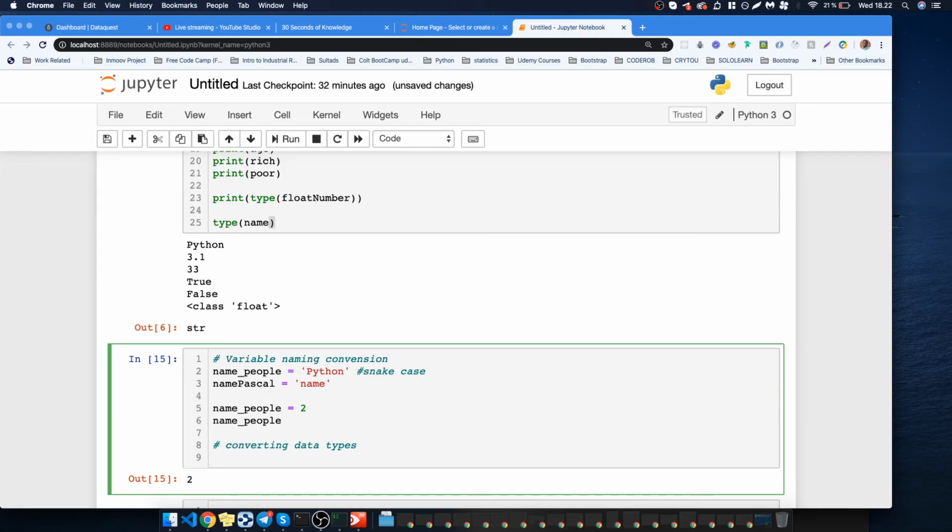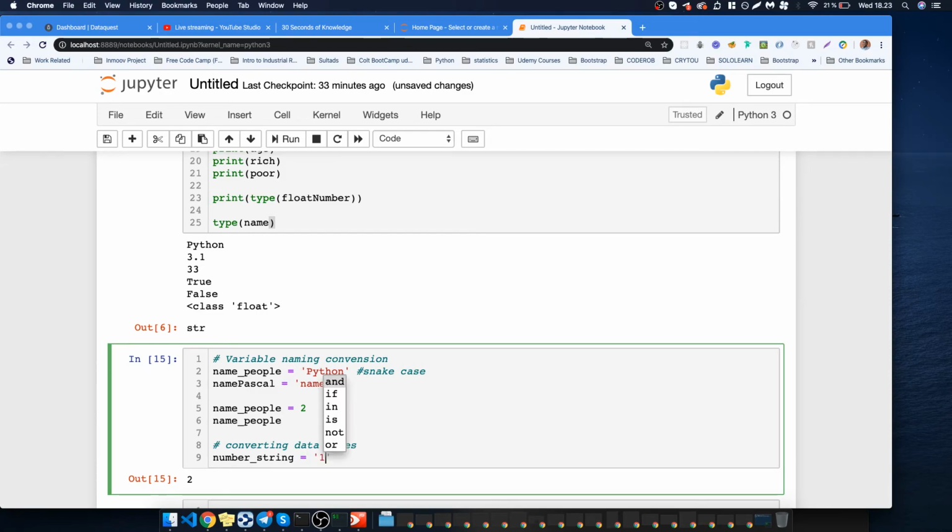For example, when you got some input from a user, which of course we'll also be discussing in a little while. But let's assume I have, for example, number string,